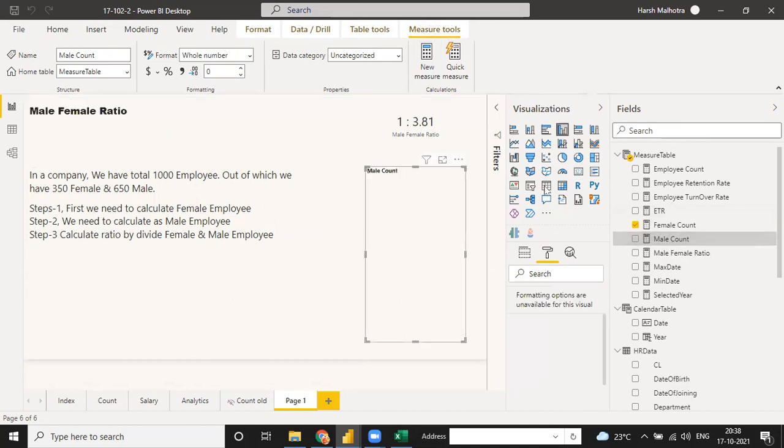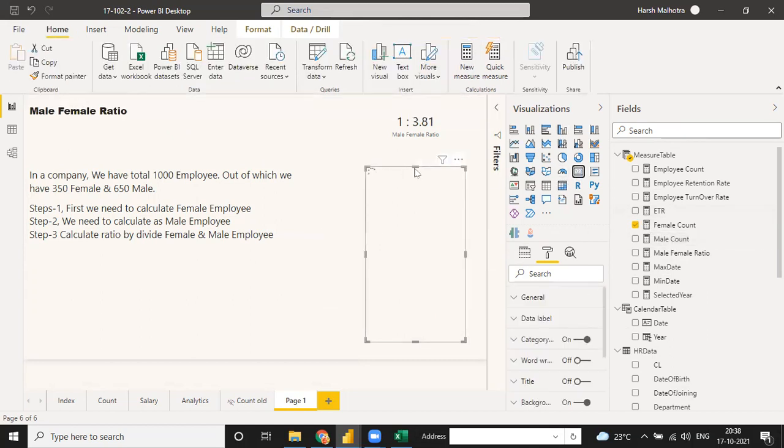Let me just move this one into 1 2 3. So this one we have male and this one we have female. So now we are going to create our ratio.